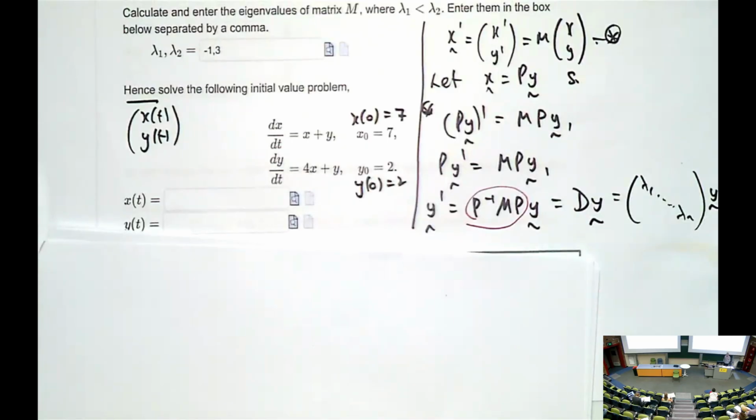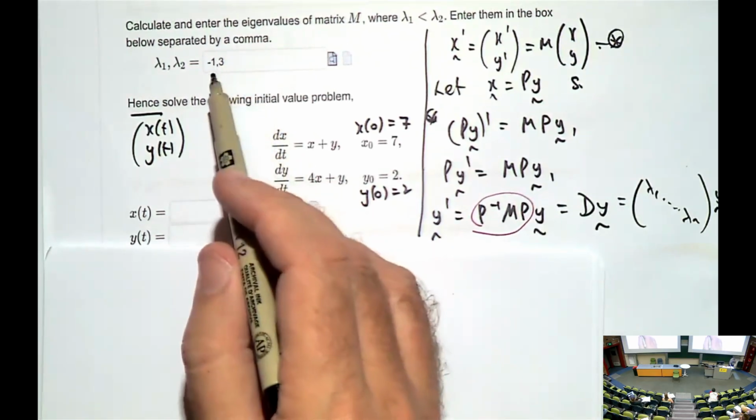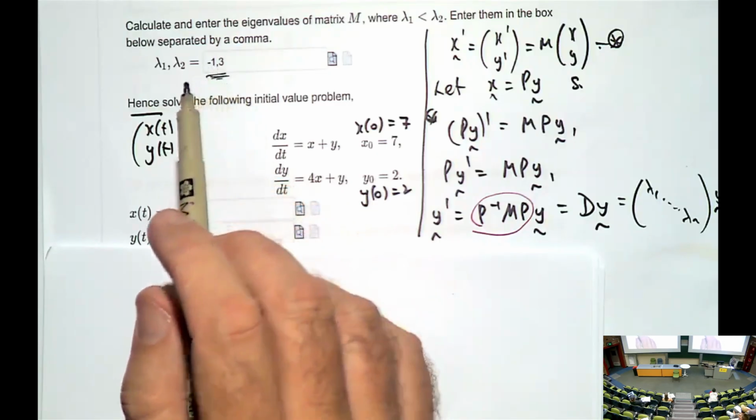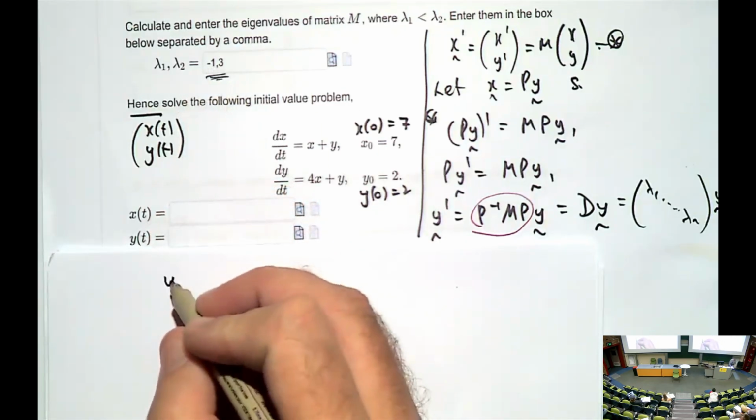So how do you do this if you're given a problem like this? And this may be in the lab test too, so you obviously don't want to write down all that stuff that I just wrote down. You just want to solve the problem. So what's going to happen here? If these are my eigenvalues, I know